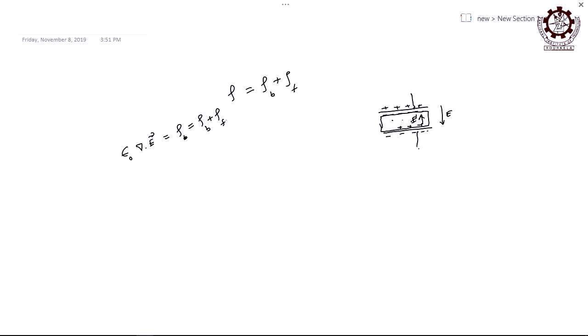Now how can you write this expression in terms of polarization? Is polarization concerned with bound charge or free charge? Whatever polarization is there in the dielectric is due to free charge or bound charge? Polarization is only due to bound charge, never free. How can it be free unless it is a dipole? So bound charge is what the dipoles are concerned with, but there are still free charges, and the free charges are never responsible for the polarization. Polarization is only for the dipoles, right.